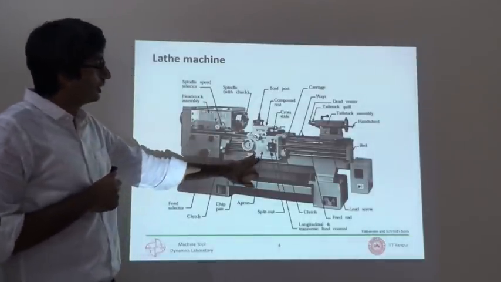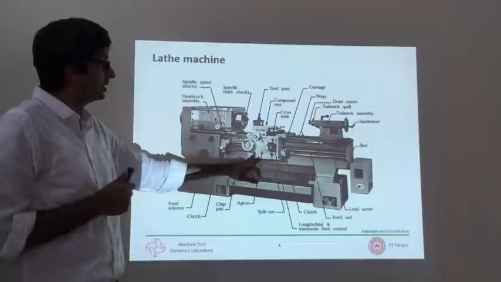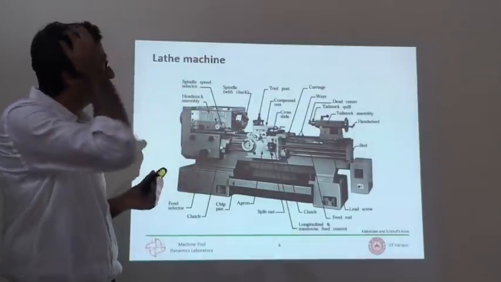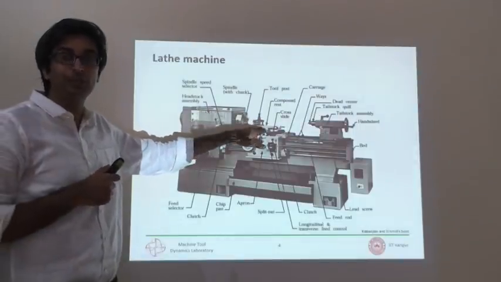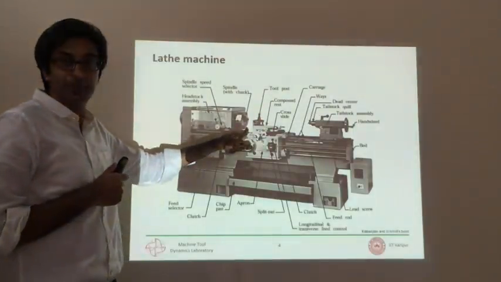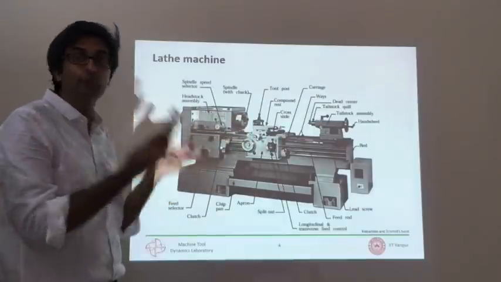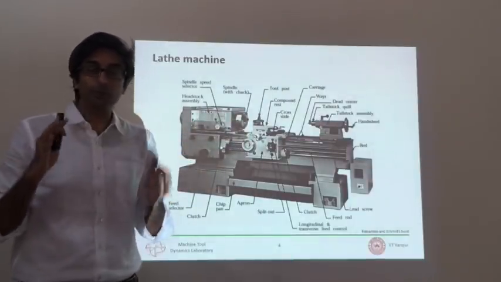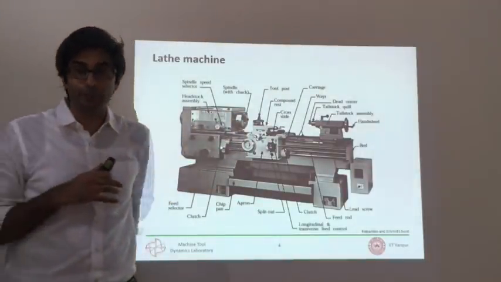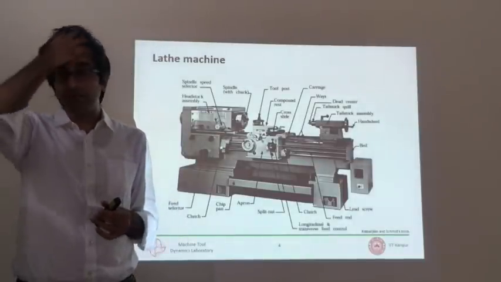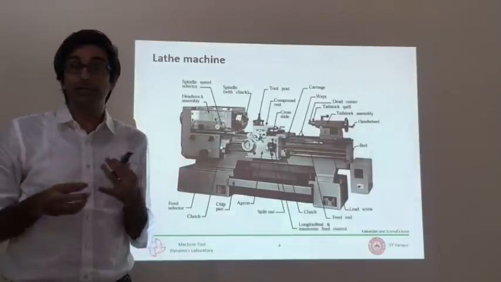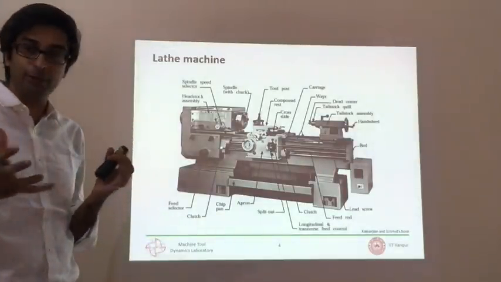The other important component is the cross slide. The cross slide is also important because it supports the tool. There is a tool mounted here, and that tool has to move with respect to the workpiece so that it can cut and remove material. Remember, this course is only about subtractive machining processes, mostly, although we will have some discussion towards the end of these lectures about additive manufacturing, but mostly they're only about subtractive.